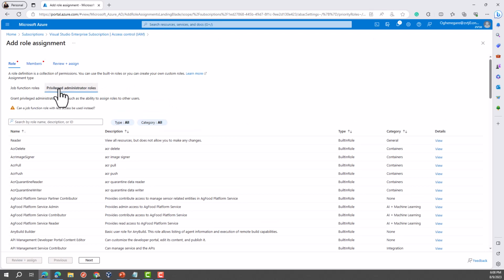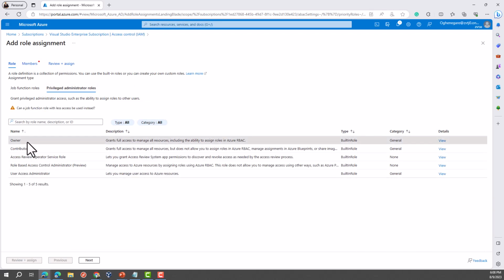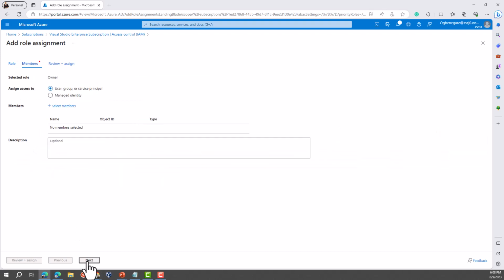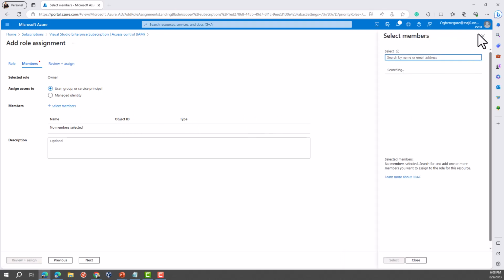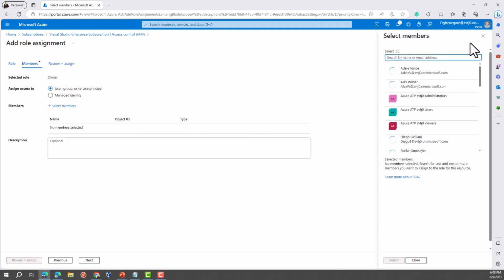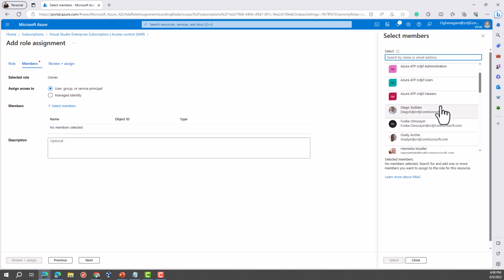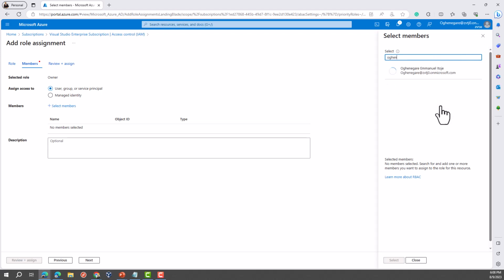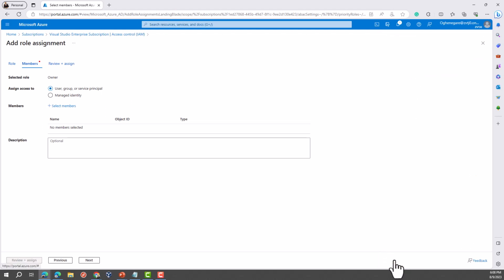Then we'll select privileged administrator role, select owner, then say next, then select member. So the user that is actually this user, or any user in your organization that you want to give the owner role to, just search for the user. This is the user. It's a global admin of the tenant. I'm going to say select